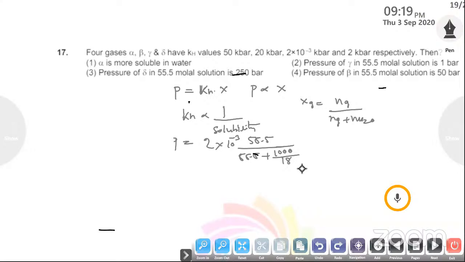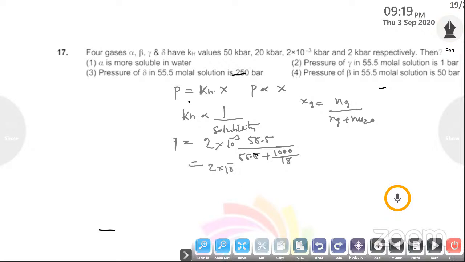55.5 molar solution means 55.5 is the number of moles in 1 liter of solution. Generally it is not mentioned, but we should understand that molarity is calculated for 1 liter of solution. So 1 liter of water means the density of water is 1 gram per ml, right? 1000 ml means 1000 grams. So 1000 by the molecular weight, which is 18. So that we will get